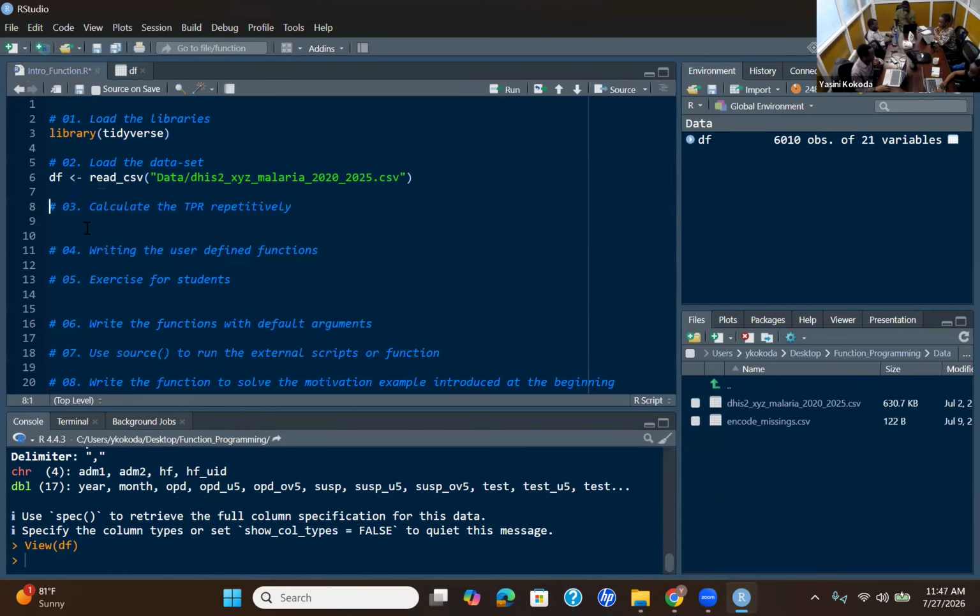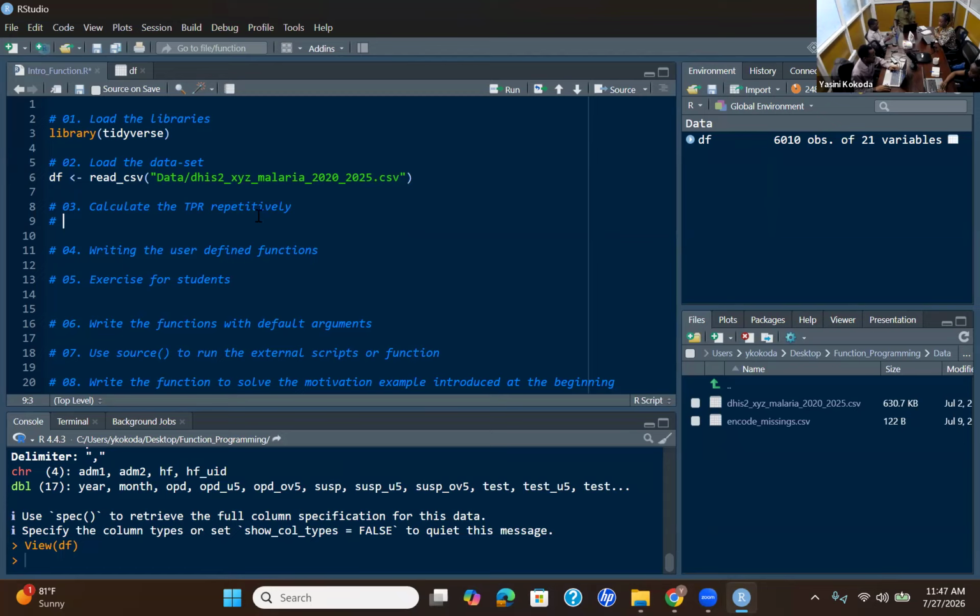So what we are going to do now, we are going to calculate the TPR the same way we saw on the slides, the TPR summary. And the TPR is coming from the confirmed divided by test.